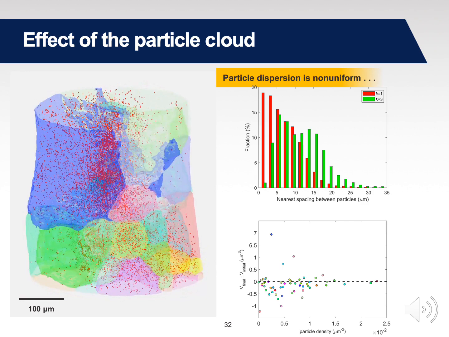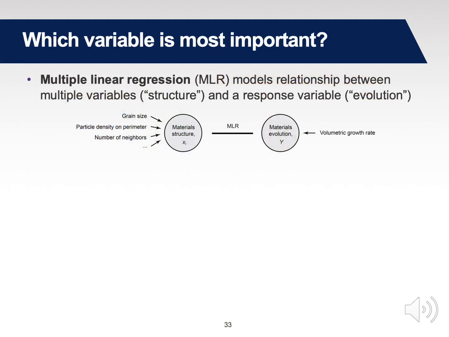And so this goes against one of the central assumptions of both Zehner's model as well as Liz Holmes' simulation. Both of them assumed a random distribution of particles, which, as we know from our metallurgical intuition, gives rise to a limiting grain size. But here clearly the distribution of particles is non-uniform. And so with all of these different variables, we really sought to conclusively determine which is most important. We have the influence of grain size, number of neighbors, the influence of particle density, misorientation, crystallographic effects, and so forth.